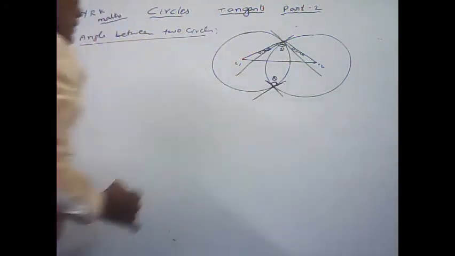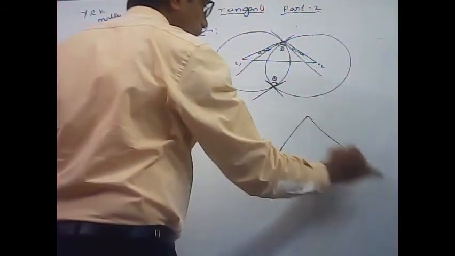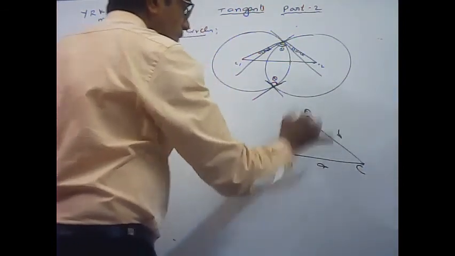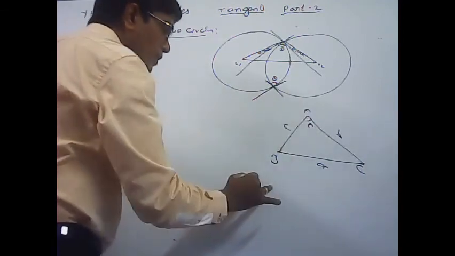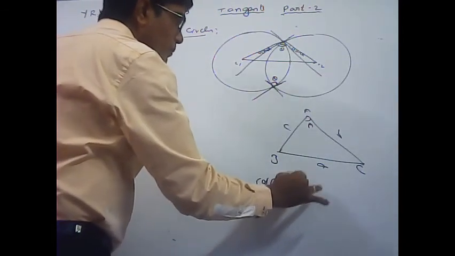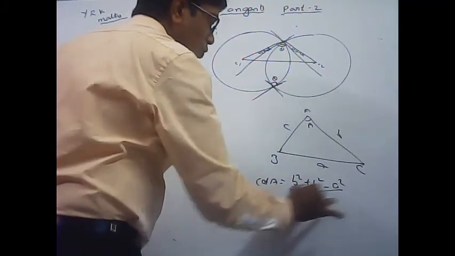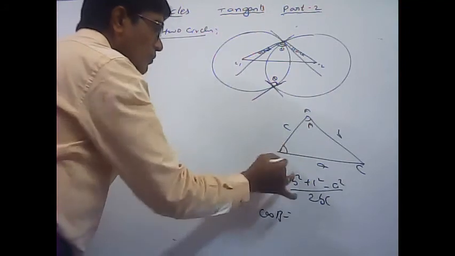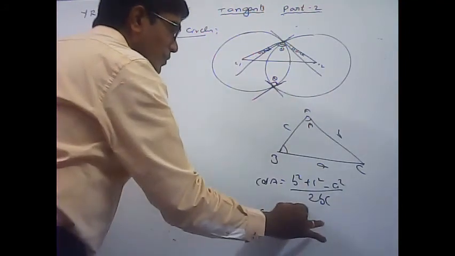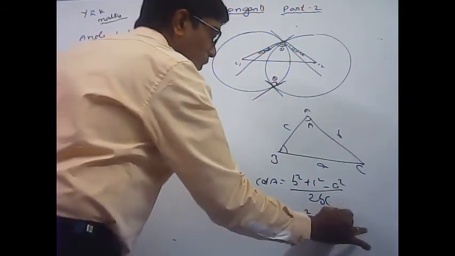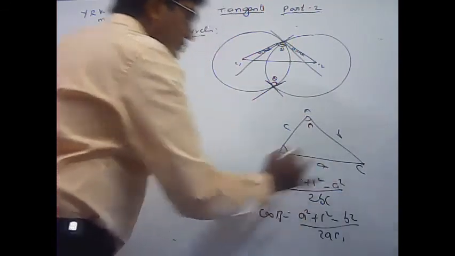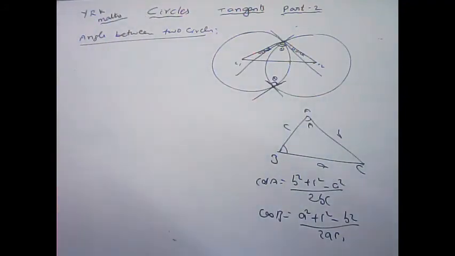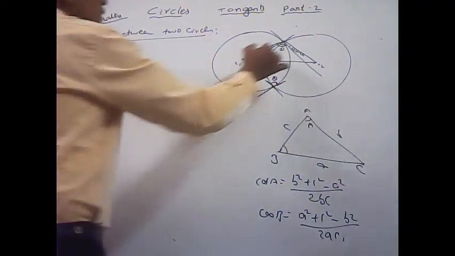Total angle. Here the cosine rule is there in any triangle ABC. If I take cos A, that is equal to (b square plus c square minus a square) by 2bc. This one we say cosine rule. And cos B is equal to the sum of the squares of adjacent sides, a square plus c square minus b square, by 2ac. Like that, cos C is equal to (a square plus b square minus c square) by 2ab. So here also I am applying this.